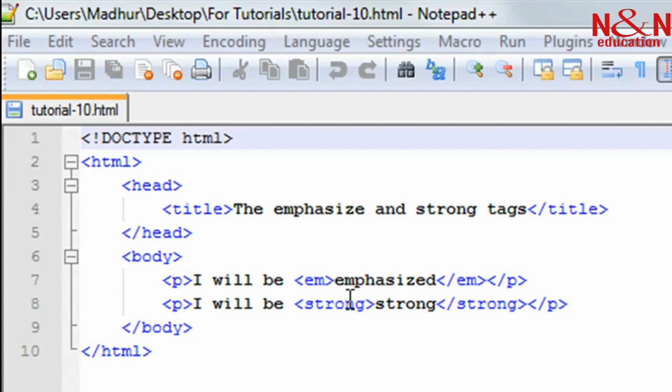Now if you guys want to know why one would want to use these tags and not the bold, that is the B or the I tag, I don't have an answer to that. Someone thought that these are tags that are important, so they were included in the HTML standard, and they're also